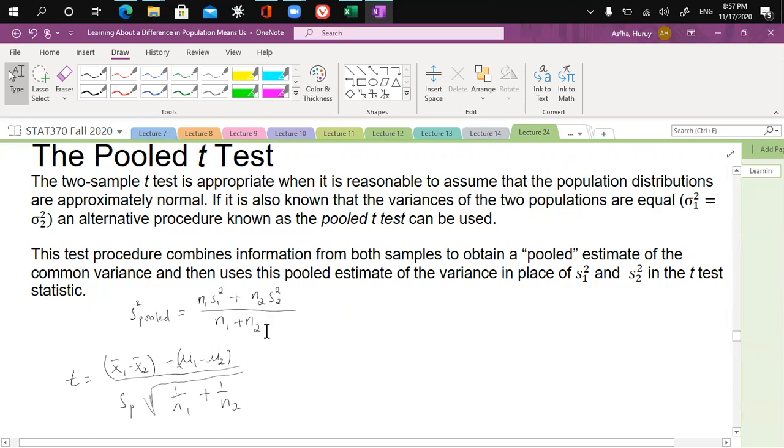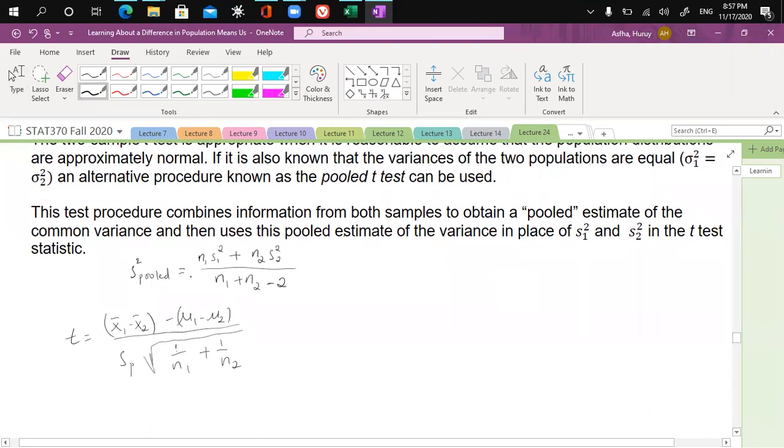This is what we call the pooled estimator. So this has to be, in our book they didn't include this one, this has minus 1. Yeah, it has minus 1, sorry. All right. Then using this S pooled, replacing it in the formula that we had earlier,